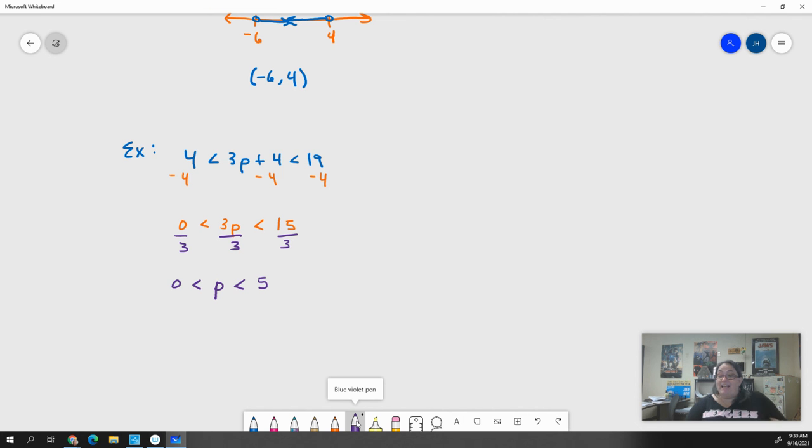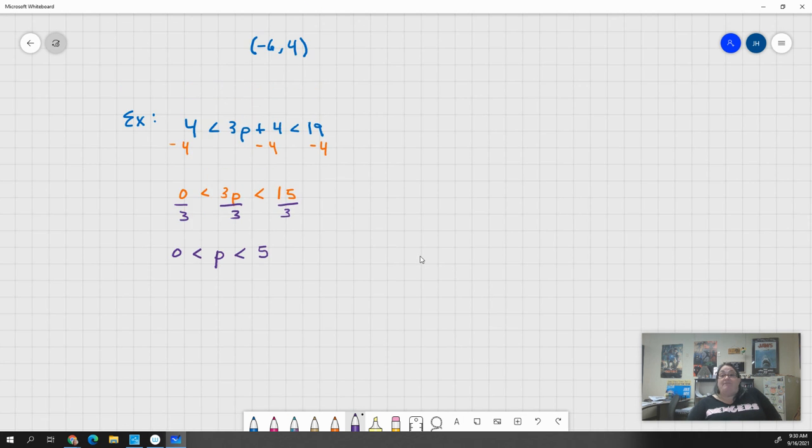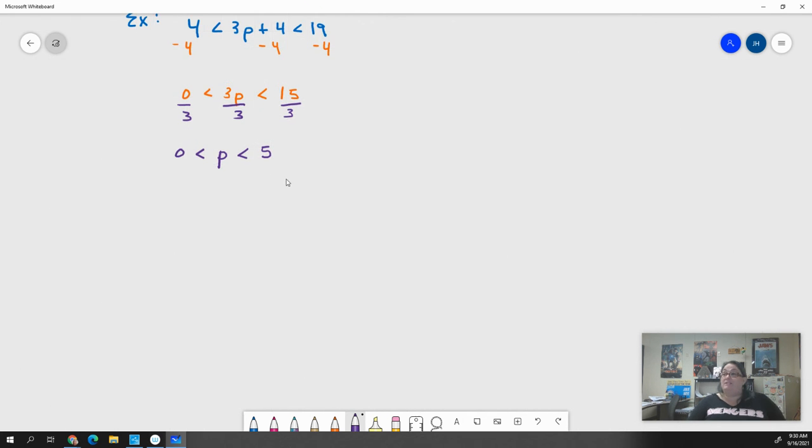If you look at this, it kind of tells you exactly what your graph is going to look like, your whole solution set. It's saying that p is between 0 and 5. All of the numbers that p can be to make this true lie between 0 and 5. And when you go to graph that, bam,